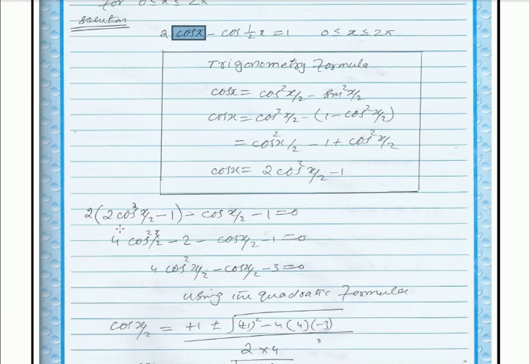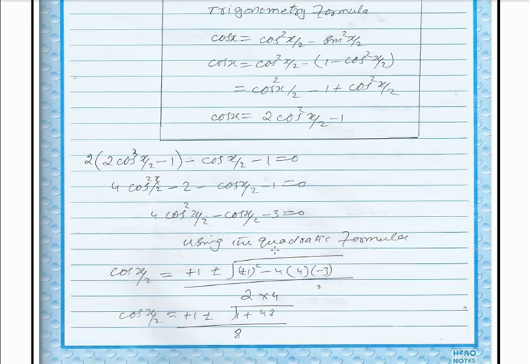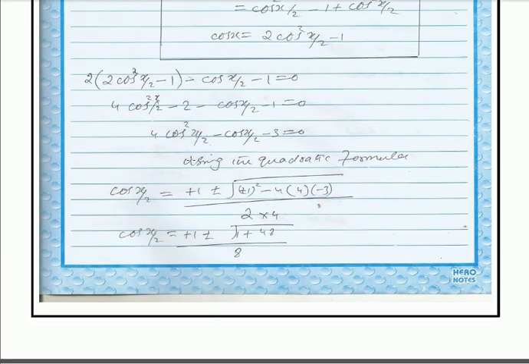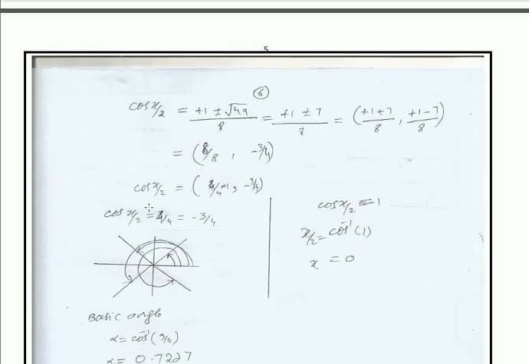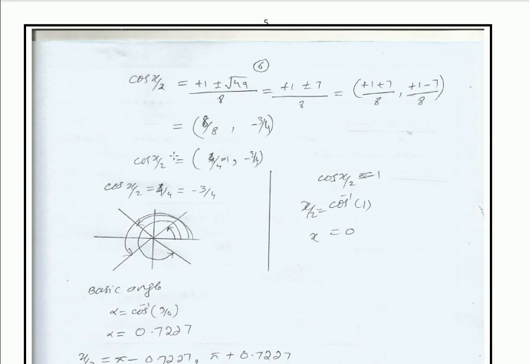So 2 into (2 cos square x by 2 minus 1) minus cos x by 2 minus 1 equal to 0. After simplification, we have converted this into a quadratic in cos x by 2. Using the quadratic formula, after simplification, we get cos x by 2 equal to 1 and minus 3 by 4. So the first option is when cos x by 2 is equal to 1, we get x equal to 0. For the second one, the value of cos x by 2 is equal to minus 3 by 4,